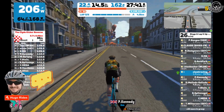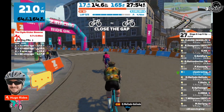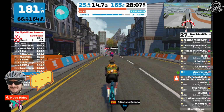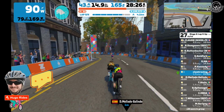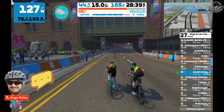It looks like you actually want to get away. If you want to get away, what I would suggest is sit on his wheel and wait for an opportune moment, especially on a hill. That's where you would... oh wow, so someone's come up behind you. Yeah, so when you go over a hill, that's the time to make a breakaway